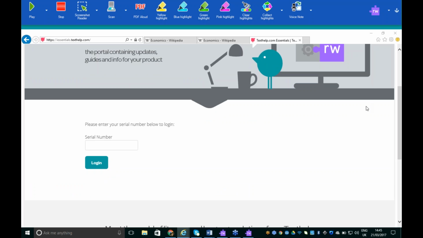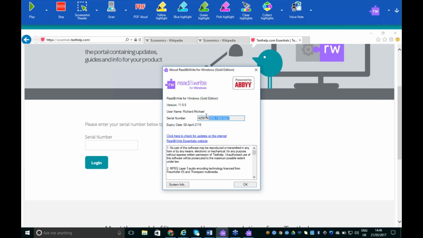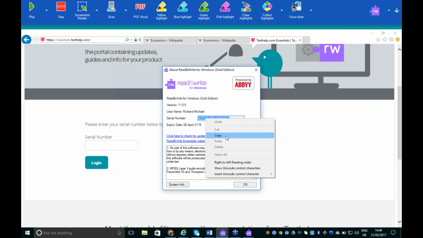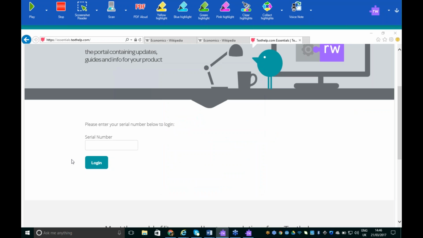Where do you find your serial number to enter that in? That's a good question as well to answer. From the toolbar options drop-down, you'll find your serial number from the About section here. This is where I was just making adjustments to my toolbar by adding and removing features a little bit earlier. When I click on About, I'll see my serial number here. If I copy that, I'll just paste it into the serial number box